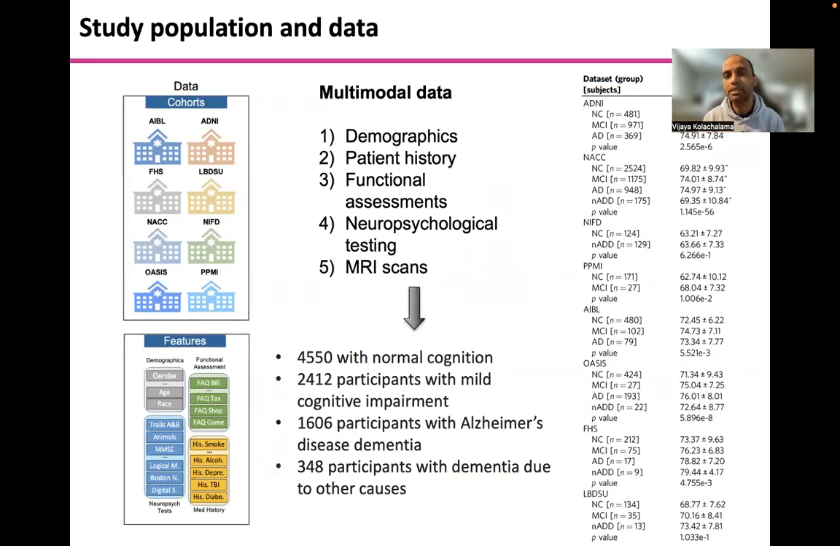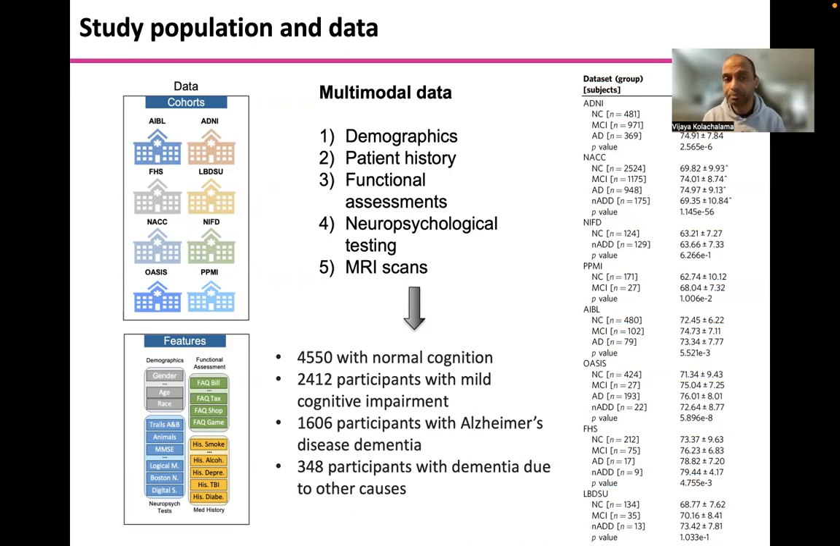So again, quickly summarizing, when I say multimodal data, I'm talking about demographics, patient history, functional assessments, neuropsychological testing, and MRI scans. And in total, we had about 4,500 participants with healthy cognition, about 2,400 participants with mild cognitive impairment, which is a stage before the person is expected to have dementia. And then 1,600 participants with dementia due to Alzheimer's disease, and about 348 participants with dementia due to